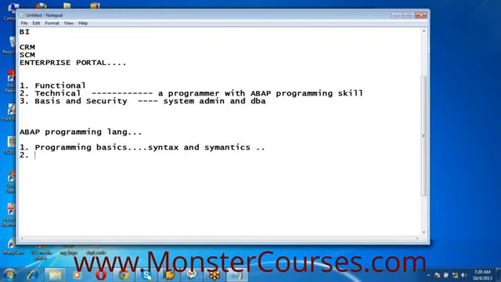But when it comes to ABAP, that is not the case. ABAP will be used in a very specific area called SAP. So wherever you put ABAP to use, it is limited to the SAP framework only. Okay, so within the SAP framework, you use ABAP for the following areas.